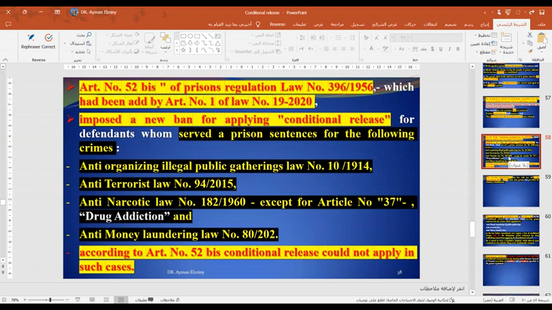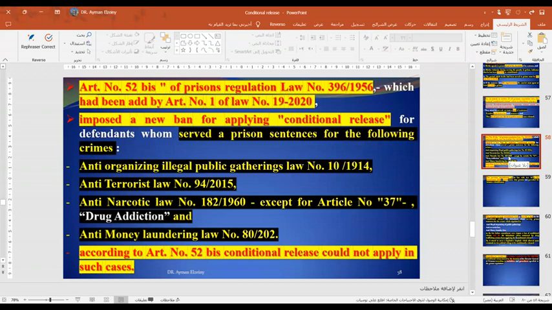Anti-organizing illegal public gathering law. Okay. Anti-terrorist law, whoever violated any articles of such laws. Anti-organizing illegal public gathering law, number 10, which is in 1914, and anti-terrorist law, number 94, which was issued in 2015, and anti-narcotic law,